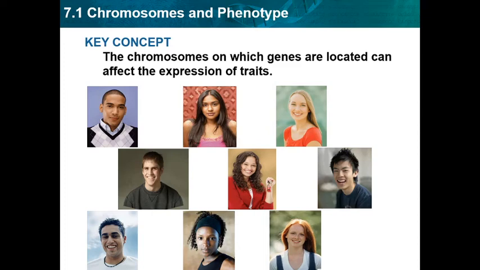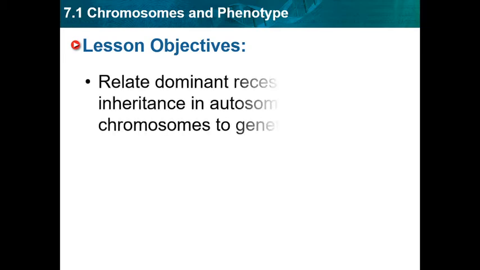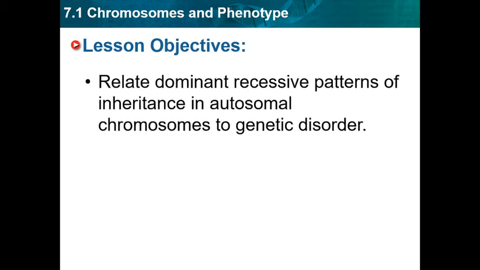Hello class, today we will start with a new chapter, chapter 7, and the first section will be on chromosomes and phenotype. The key concept for this lesson: the chromosomes on which genes are located can affect the expression of traits. The objectives for this lesson: first, we will relate dominant recessive patterns of inheritance in autosomal chromosomes to